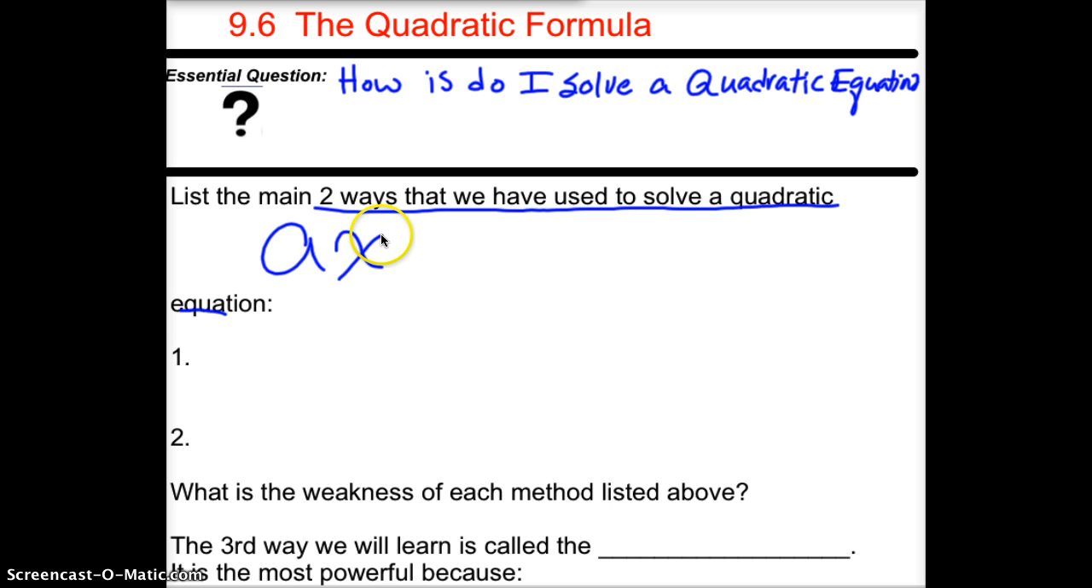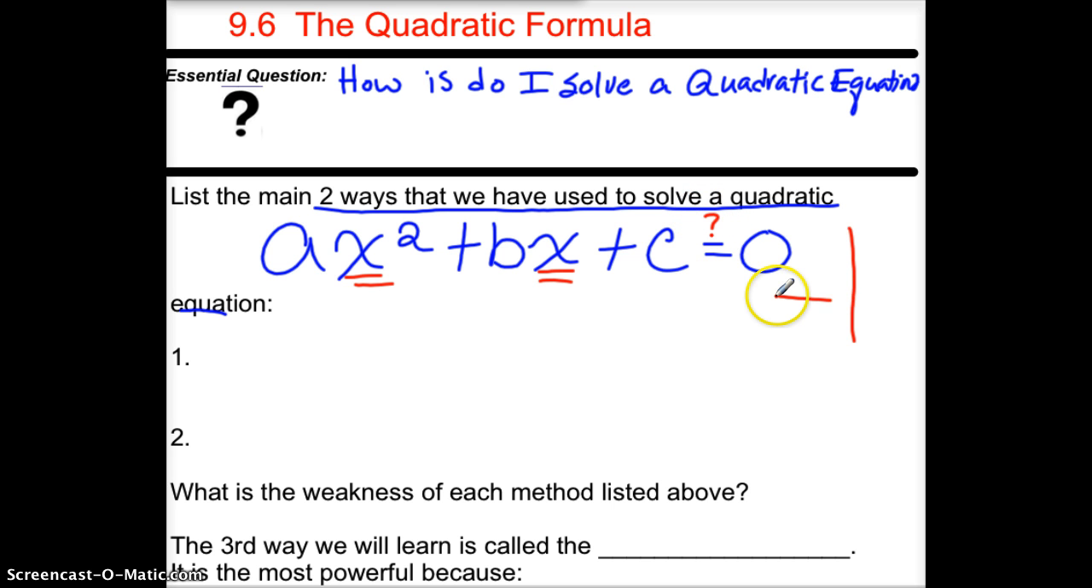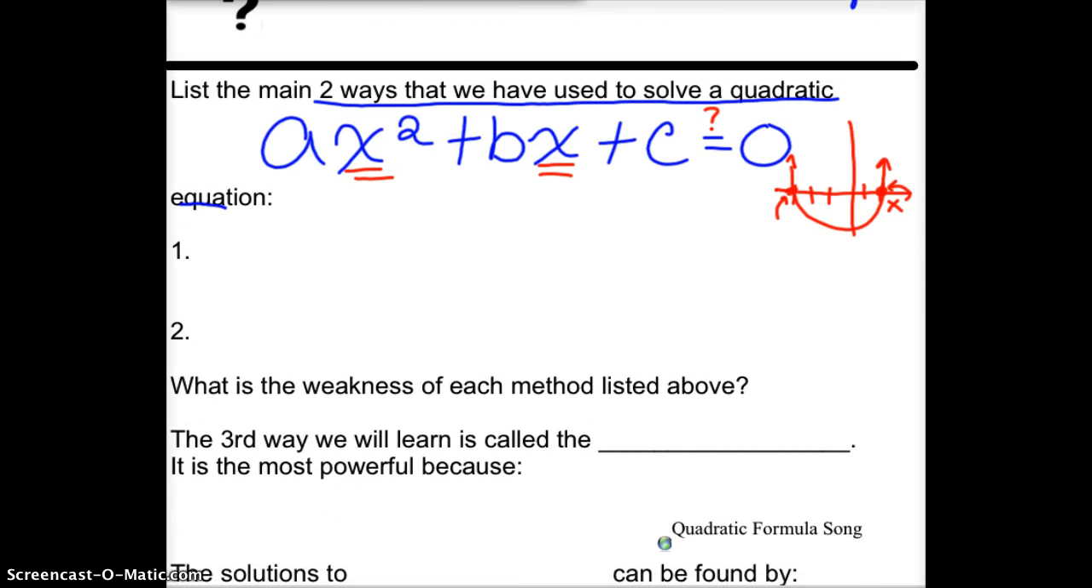Remember, a quadratic equation looks like ax squared plus bx plus c is equal to 0. And algebraically, we're looking for what x values give us a 0 out. Graphically, when you're looking for the x values that give you a 0 out, you're looking for these x-intercepts right here, like at (2, 0) and (-3, 0). And we've already had two ways, actually we've had three. We're not going to do it by graphing because we said that can be kind of inaccurate and time consuming,